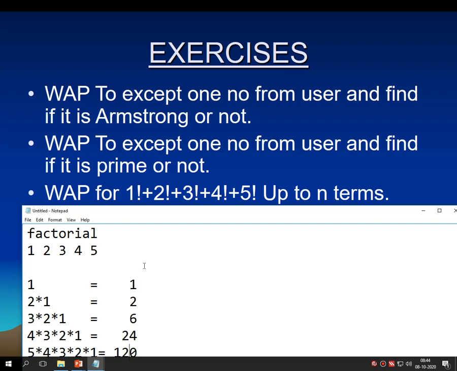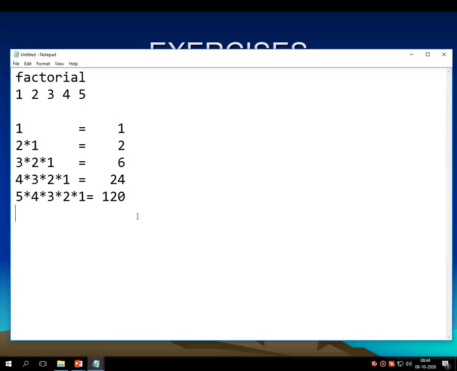Now what I have to do? I want to add all these numbers. That is 120 plus 24 plus 6 plus 2 plus 1.